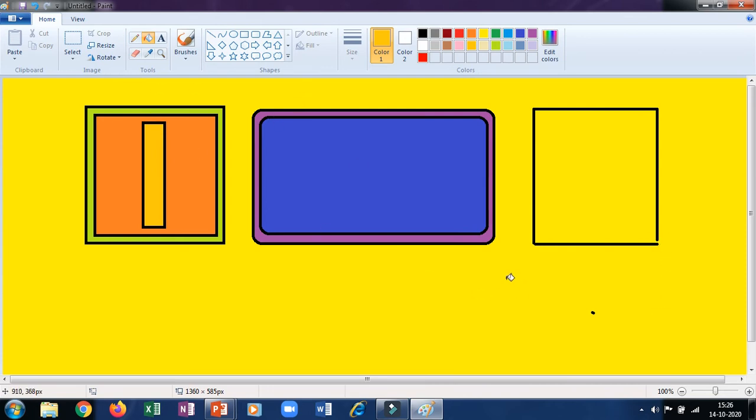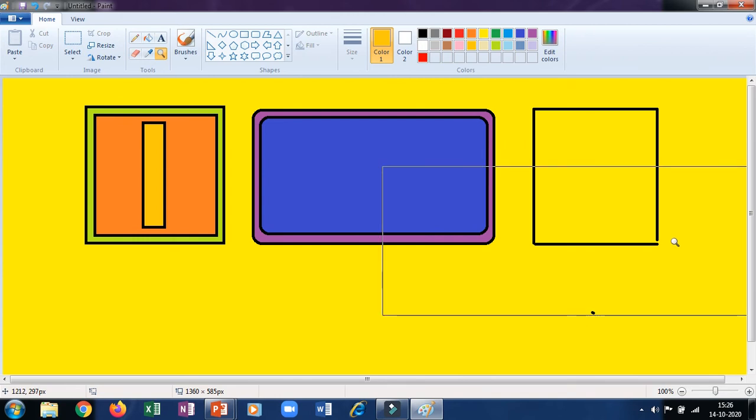So if you want to see where the gap is, you have to use the magnifier tool. This is the magnifier tool. Okay, it will come again in the chapter, so I will read the sentence for you. So this is a magnifier tool. It is used to see that particular part of the image very closely. If you want to see the image closely, you have to click on that area.